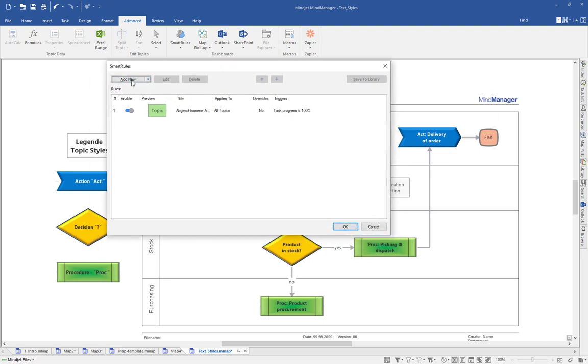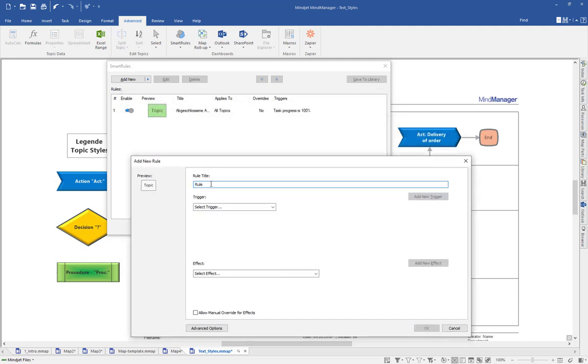Add new, and then I get a new window here. And I can give my rule a name. In my case, it's the name for action. And then I can select a trigger, a condition. It could be an icon, it could be a resource, it could be a number of subtopics, tags. You see here task information, also properties. If I would use properties here, it would also be properties, topic, location, and so on. But in my case, it's topic text. If my topic text contains, could also be does not contain or is exactly, here it contains ACT,